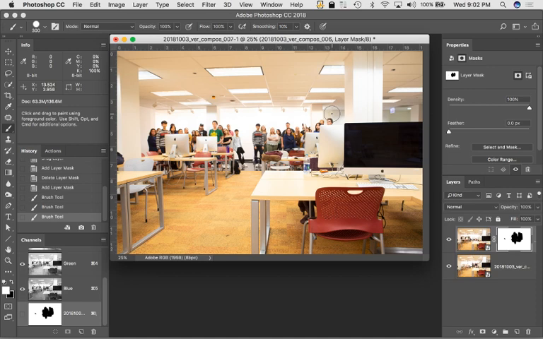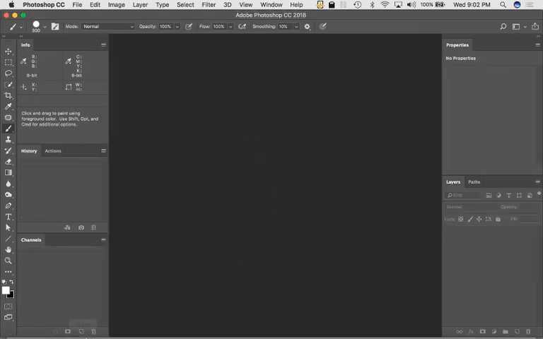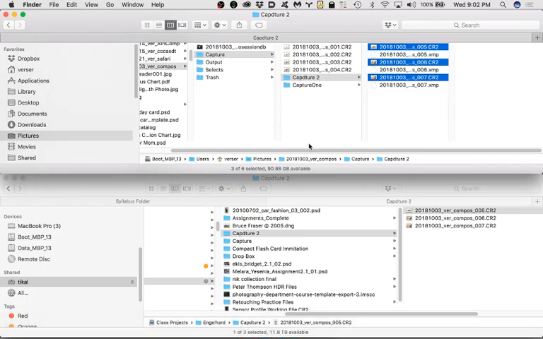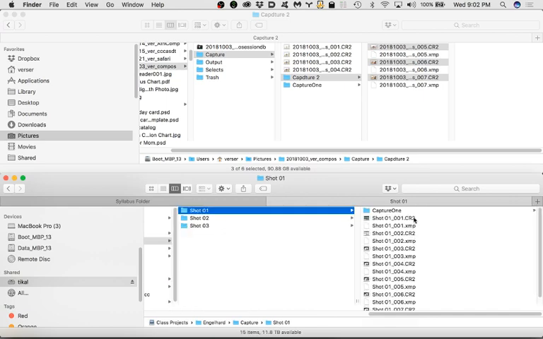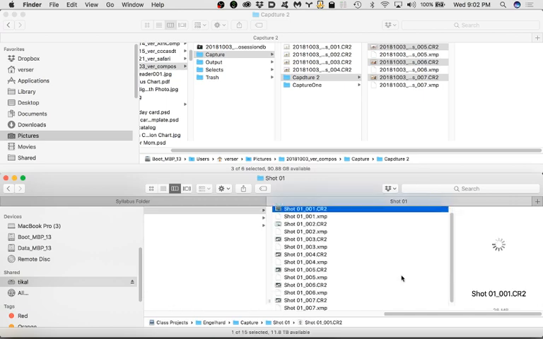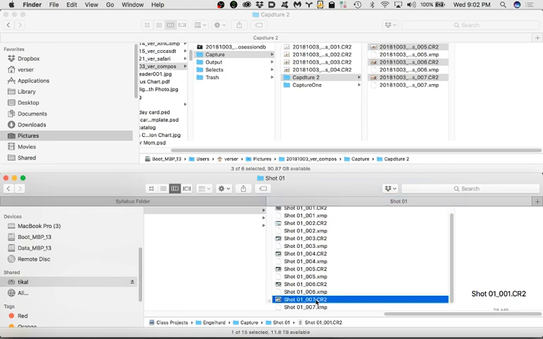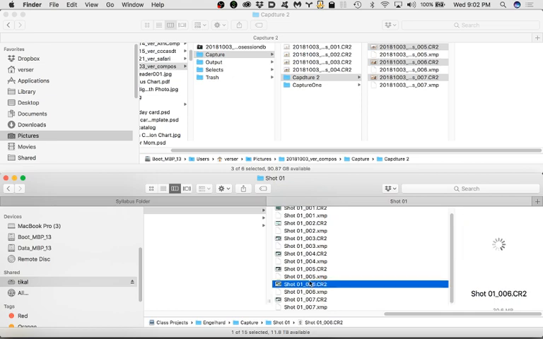But you're not limited to doing just one of these. So you can close this guy up if you've done it. Don't save that. Go back to the other folder that I asked you to copy over, the one that's called Capture, and open up shot number 1. And inside shot number 1, let me see which ones I want you to actually open. If you can grab shot number, well, just hang on. All right, so we're going to grab frame 6. Oh, Bridget, do me a favor, start me a sign in. Frame 6,